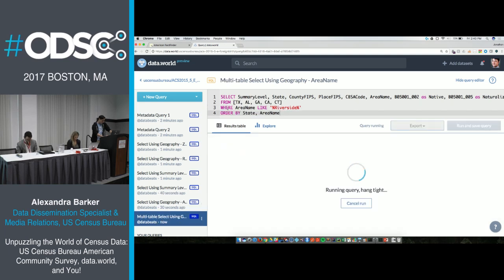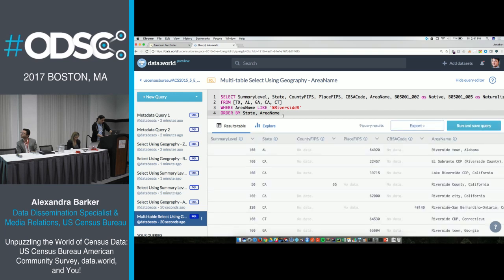Okay? And then you can also do a multi-table select. So I'm going to select every town or county or just area name that includes Riverside from these states. It's running.